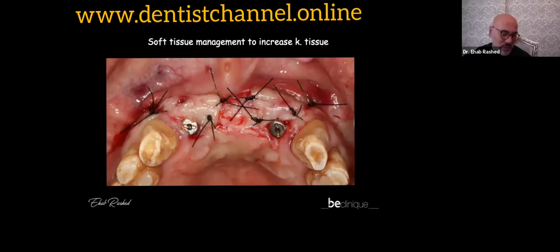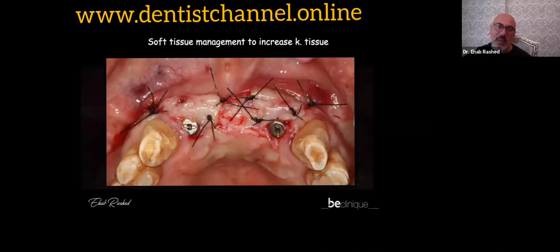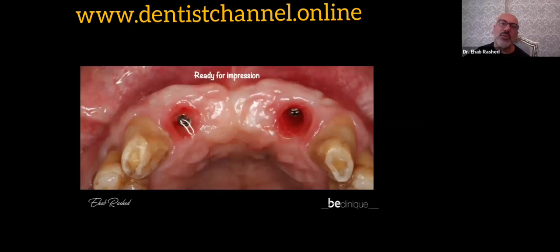What happens usually, something that we all have to understand, is that when you have a wound with two layers of the same tissue, they will grow and reach each other. This soft tissue here and this soft tissue here will grow toward each other to seal the site. So even though this is exposed, and this is also exposed at the back, we should leave it and it will heal by itself. And just after 2 to 3 weeks, you can remove the sutures,